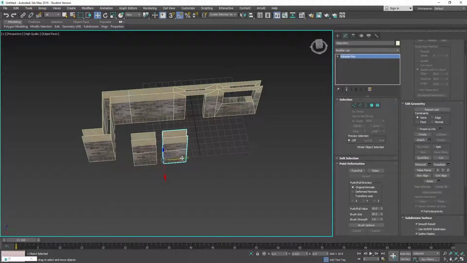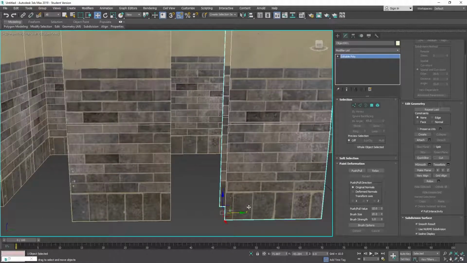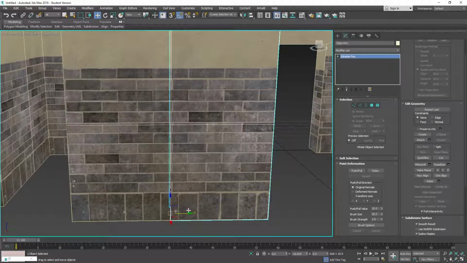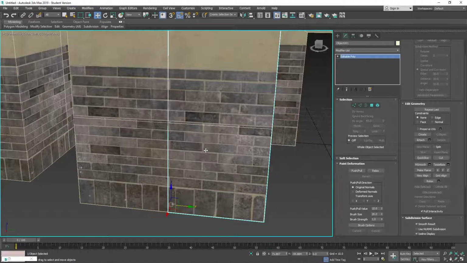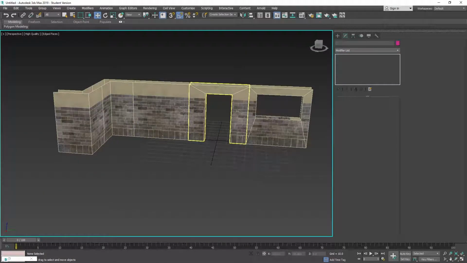So now we've got another wall. If you wanted a smaller wall, you could do that, and then you've got two different ones. If you want to, for whatever reason, change that, it's absolutely fine. Again, this is just super basic, super simple, so you guys can have a play around with this and